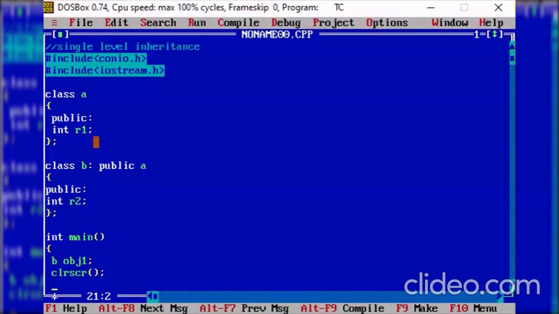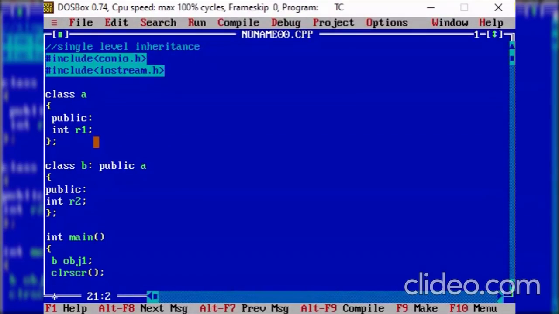Like clear screen. Now after doing the clear screen, since we need to access the member of class A through the object created for class B. Class B is actually the derived class, and class A is the parent class.